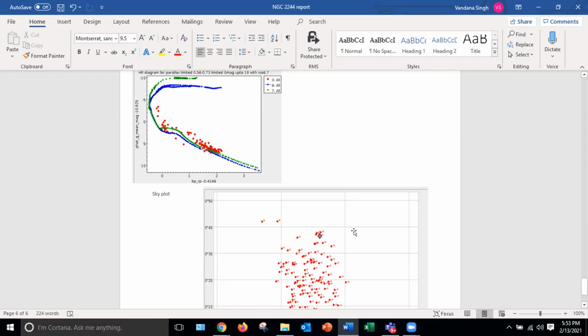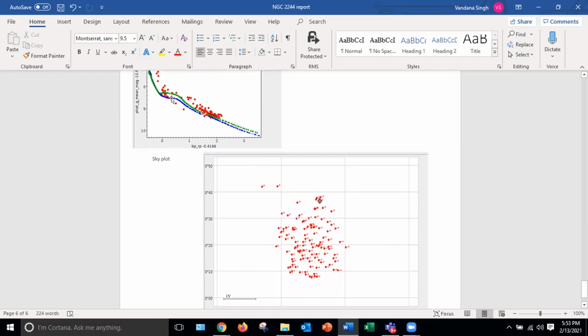This is my sky plot. What I wanted to know is how do we decide the region of the cluster? See, now when we have done cutoffs, we've done it in proper motion and in parallax, right? We haven't used the HR diagram, right?